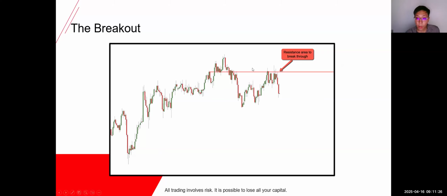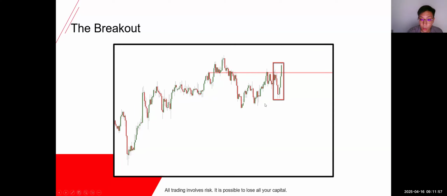Okay, so breakout. This is the resistance area that we are looking at for price to break through. The question is why? For example, people are selling off here, but the problem is we are looking to buy. We are looking for price to break through before we buy. Why, you may ask? Because if I were to show you,